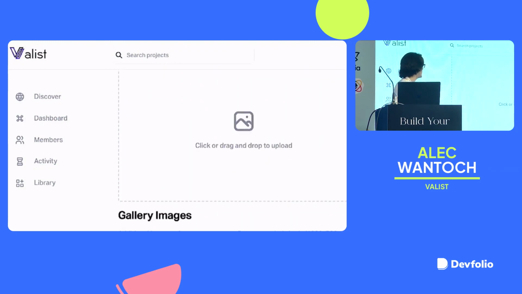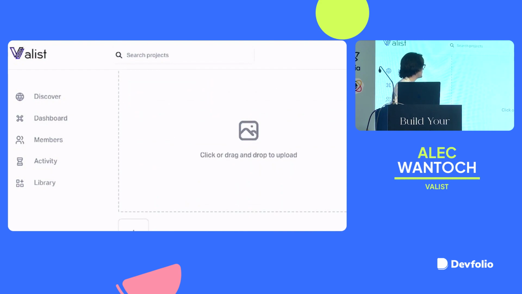You can also set a header image and some gallery images as well, and then it'll show nicely on your project page. So I highly recommend you do that. Definitely add descriptions and some screenshots there. And then when you hit create, it's basically going to do a gas station relay here, and then it's going to pop up a meta transaction.